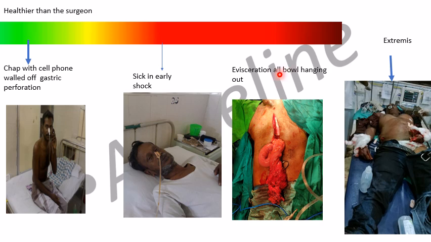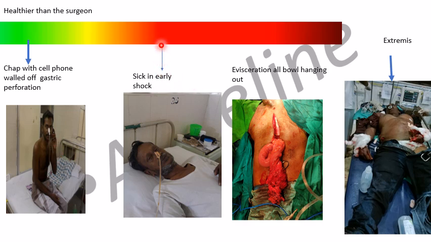Now, most important, what I want you to know, sometimes your patients will always be in a spectrum. Anything. Your pneumonia patient will be in a spectrum. Your Guillain-Barré will be in a spectrum. Your trauma to the spleen can be in a spectrum. You might have patients walking around looking fine, but having an abdominal injury. They may be healthier than the surgeon doing the shift that day. You see this man, he had a gastric perforation, but the moment we admitted him, because he had clinical findings, he is on the phone with a Ryle's tube there.